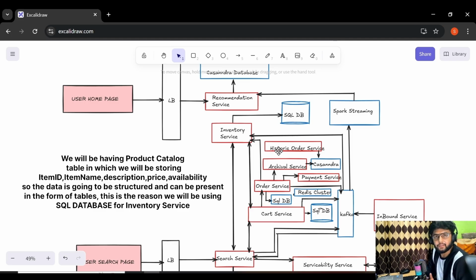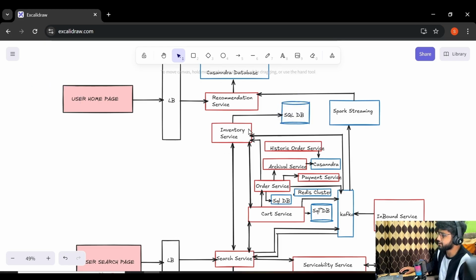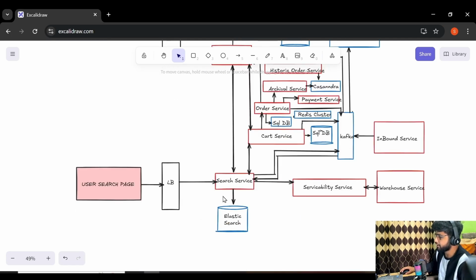Since the data that we are going to store in inventory service can be present in the form of tables, so for this inventory service we will be using this SQL database. You can see the SQL database over here. So for inventory service we will be using SQL database, and for search service we will be using this Elasticsearch cluster.